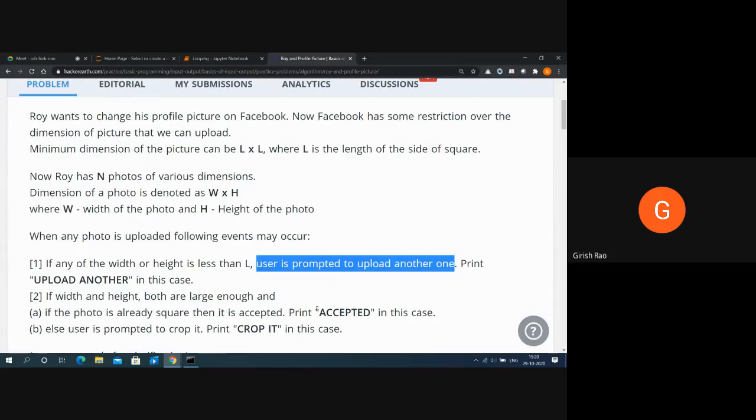That means if my width as well as height is same as L, then it will be accepted. If one of them is greater than that, then what should it do? It is not a square, so it should display a message called crop it.